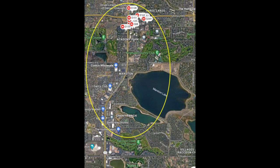This particular REI is a really good sized store. And also in this area, and super close to this REI, are grocery stores including Whole Foods and a Trader Joe's, just a few blocks away from the REI. And Trader Joe's is about a third of a mile away. There are also many, many restaurants, including one of our family favorites, which happens to be a little fast food